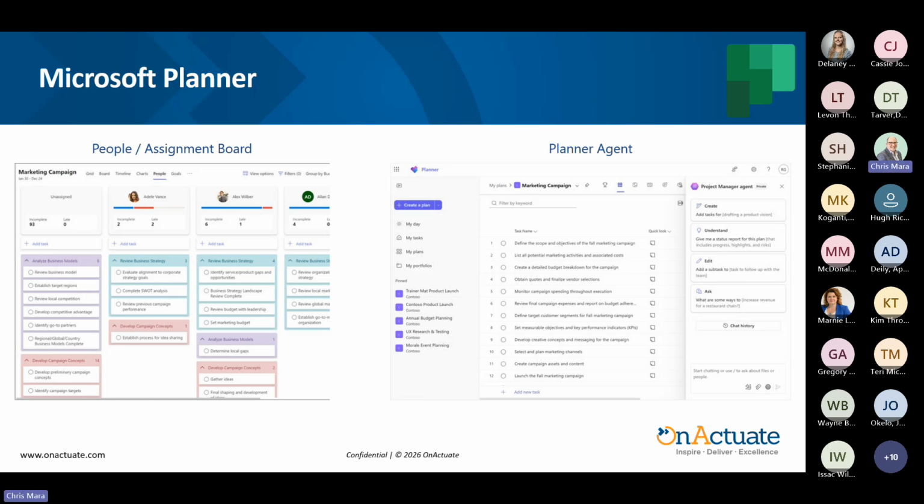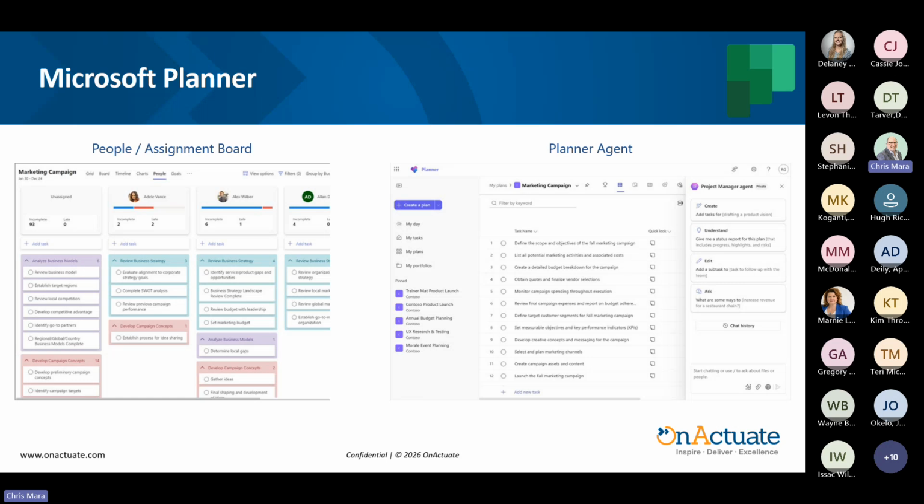Microsoft is also adding AI on top of these project mechanics, so you can reduce manual planning and reporting. And that's where the Planner agent, which was previously called the Project Manager agent, comes in. On the right-hand screenshot, we're showing the Planner agent, an AI-powered agent built into Planner that acts like a virtual project manager. At a high level, the agent supports four practical things. First, the ability to go from goal to plan. You can describe the outcome you want, like a delivery goal or initiative, and the agent can help break that down into an initial structured plan with actionable tasks. This helps solve the blank page problem and accelerates the initial planning.